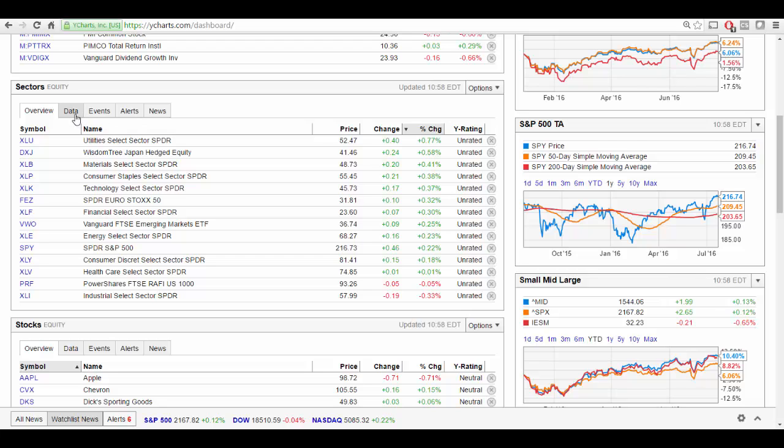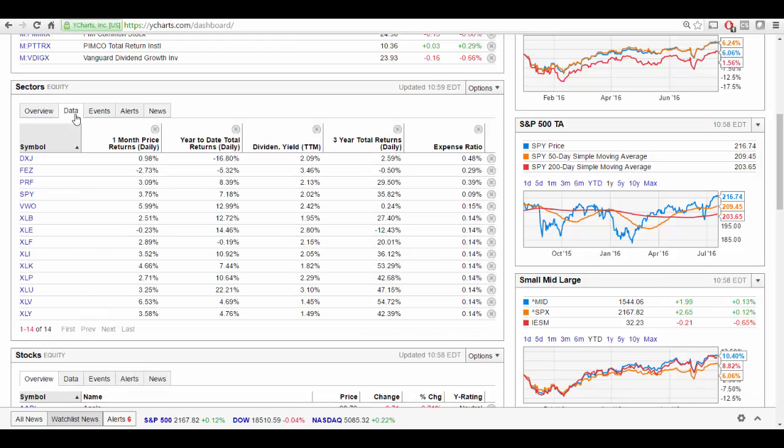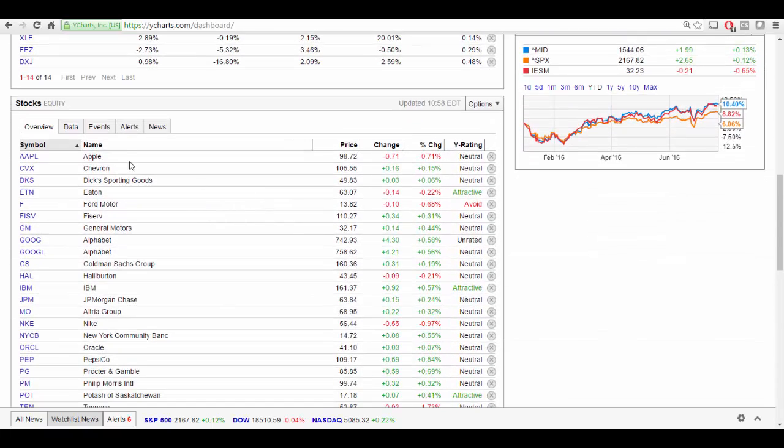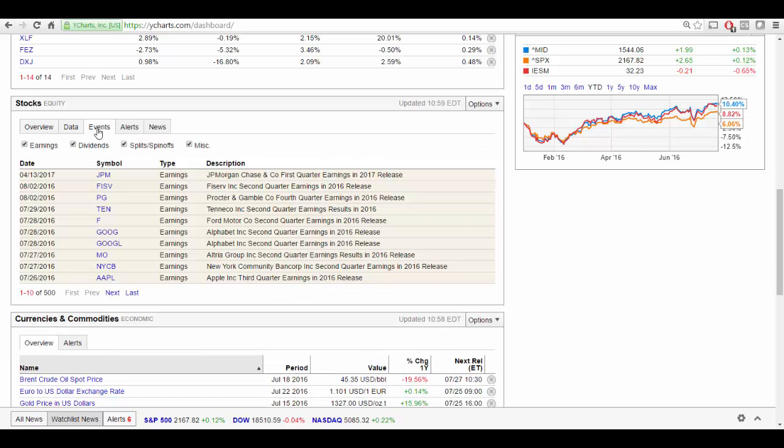But how does that look on a year-to-date basis? Let me go to the next tab over here. I can sort that really quickly and keep an eye and a pulse on what has been the best performers and worst performers of the year. All fully customizable here. When it comes to stocks, of course, the same functionality, but another great feature is the